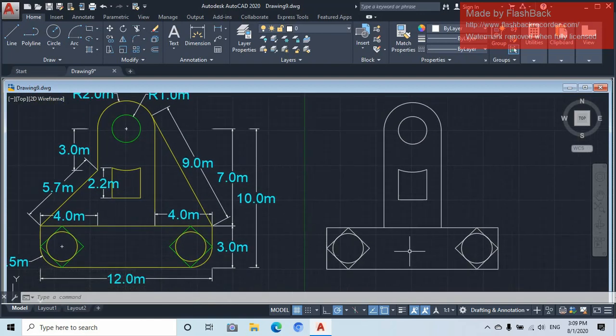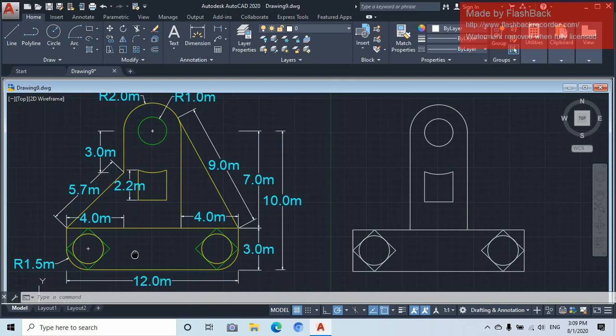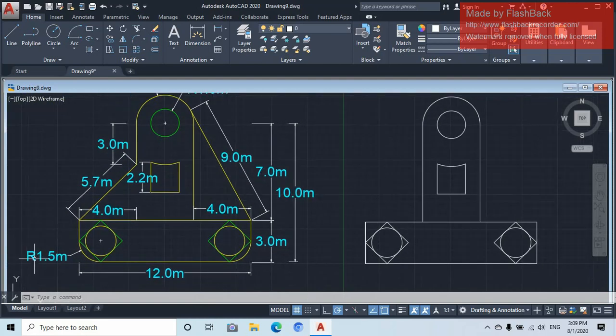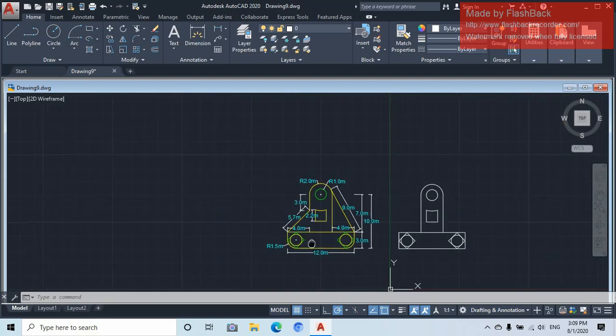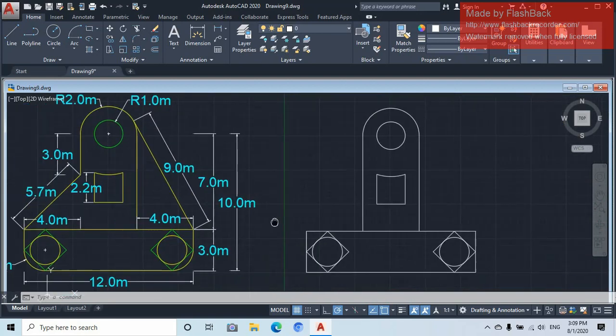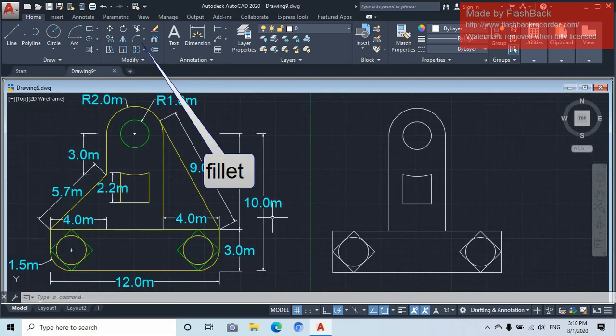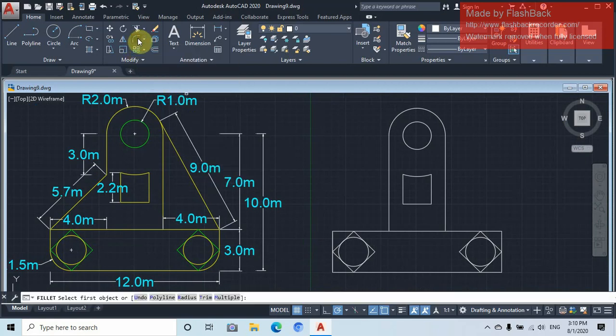Now let's come over here. You see that these other ends here are circular. When you look carefully, you're gonna see here a radius of 1.5. So what do we do? We go now to the fillet. You left click on the fillet tool, then